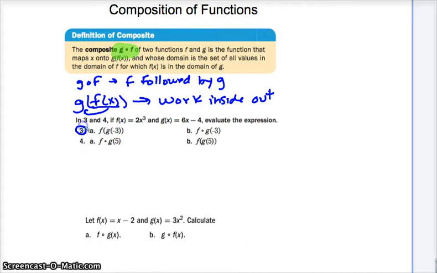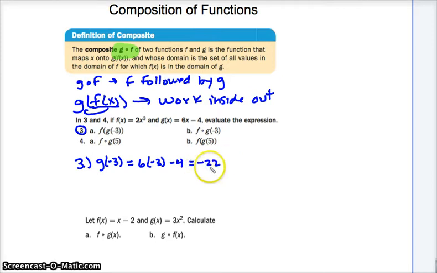In question number 3, I am asked to evaluate g of -3 followed by f, and part B is g of -3 followed by f. This is the same exact problem, just written in two different ways. For both questions, we first need to evaluate the function g at -3. So I'm going to plug in -3 for x in g of x. So g of -3 equals 6 times -3 minus 4. This is equal to